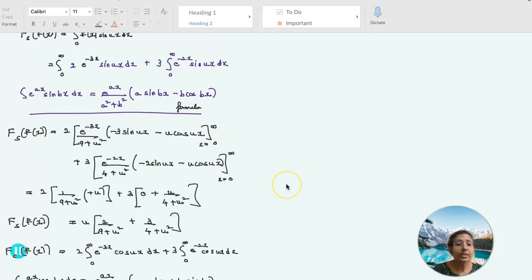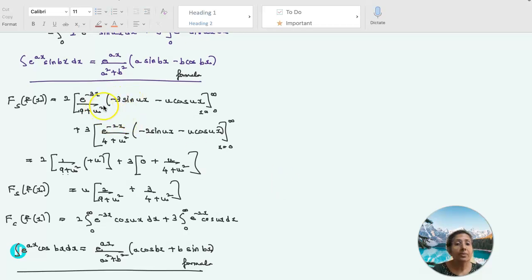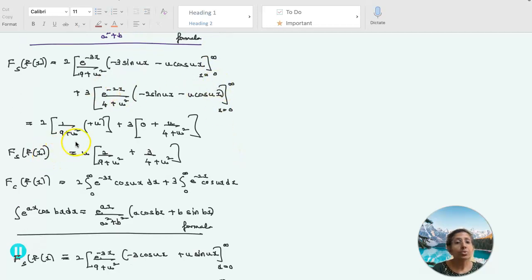So when you do that, you get 2, this whole thing becomes 0 at infinity, and this becomes minus, this thing sine u is 0. So you will get plus u cos u is 1 by 9 plus u squared. Again the same thing here, this whole thing becomes 0 when you substitute infinity, since 1 by infinity is 0. And you get plus u by 4 plus u squared when I put x as 0. So that will be u into 2, take out the u: 2 by 9 plus u squared